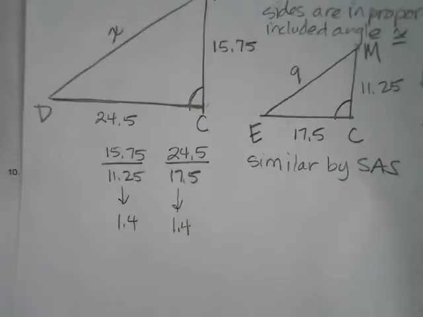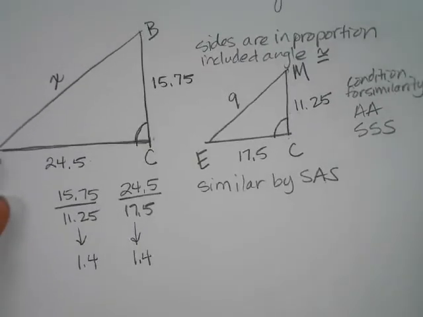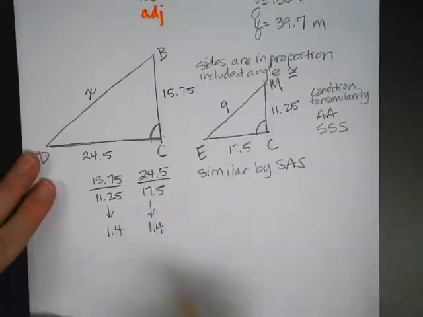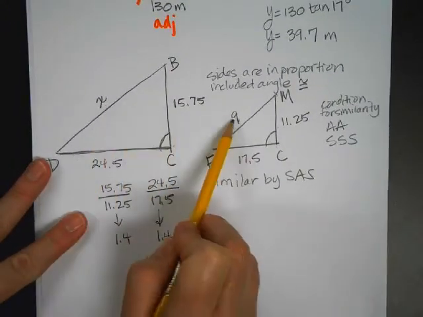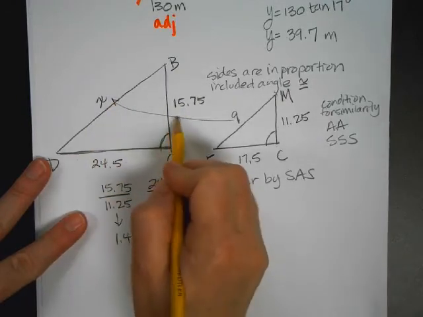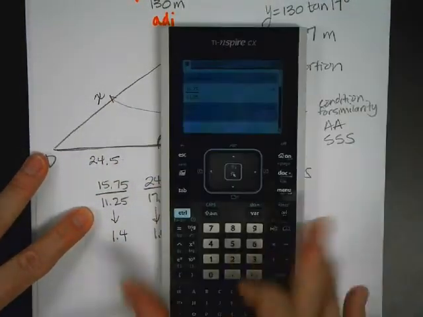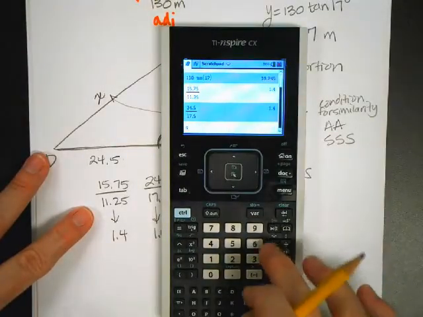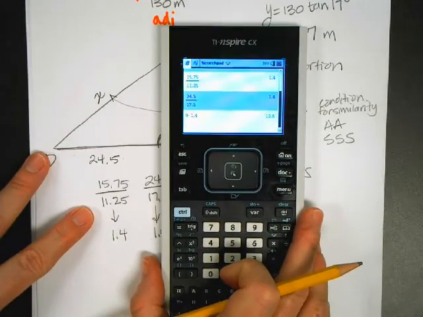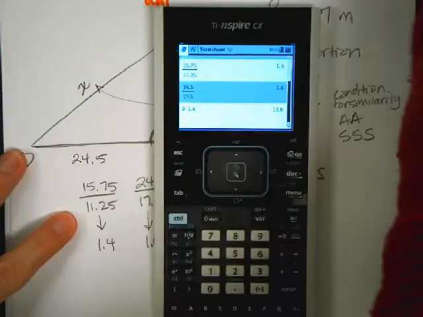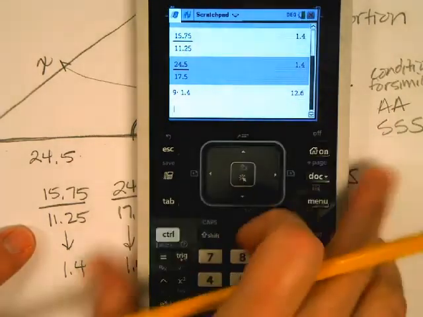Okay, so now I'm going to solve for x. Now that I know, so basically we know our scale factor is 1.4. I could just do 9 times 1.4 to get this answer. That's fine, as long as you show me this process, show me how you figured out the scale factor. Don't just put the answer without work. No work, no credit. So if I do 9 times 1.4, I get 12.6. So then